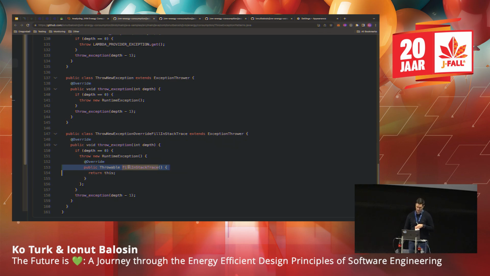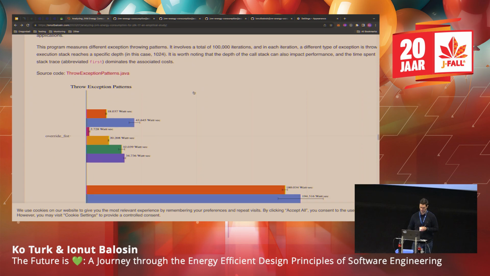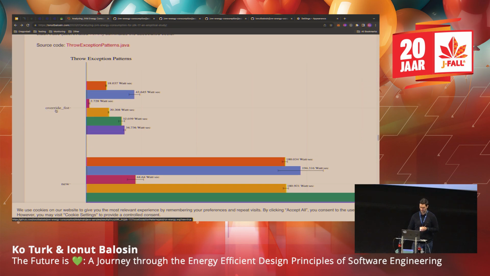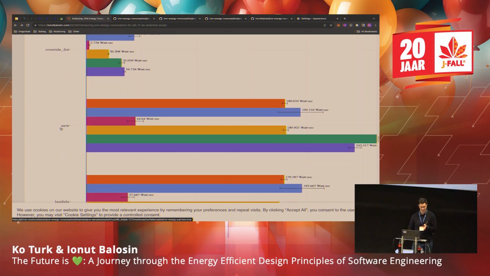And this is actually a very big gainer in case you don't need the stack traces. Why is that? Because even if you see how much energy you consume, overriding fillInStackTrace was much more efficient, yeah, in regards to throwing an exception like just throw new runtime exception.